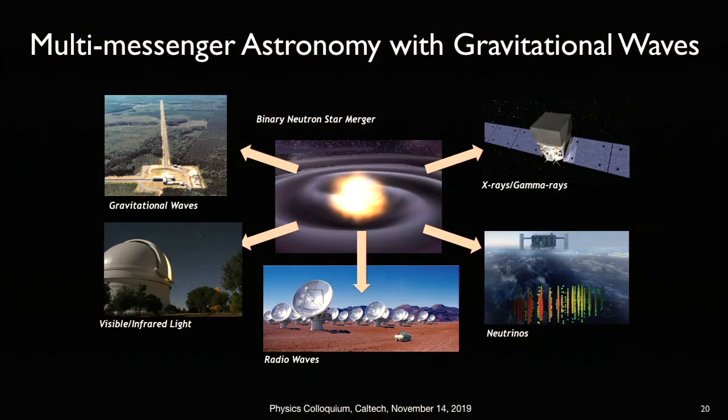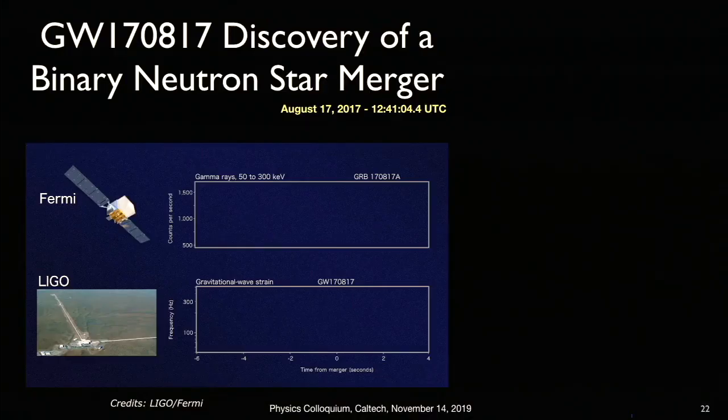So the idea here is that when we have 2 neutron stars that merge and produce gravitational waves, besides gravitational waves, we're also going to have electromagnetic radiation across the full spectrum, and possibly high-energy neutrinos. Neutrinos could be produced as well. So the next excitement is now coming from joint detection across all of this type of experiment coming from the same source. And the first time that this was possible is when